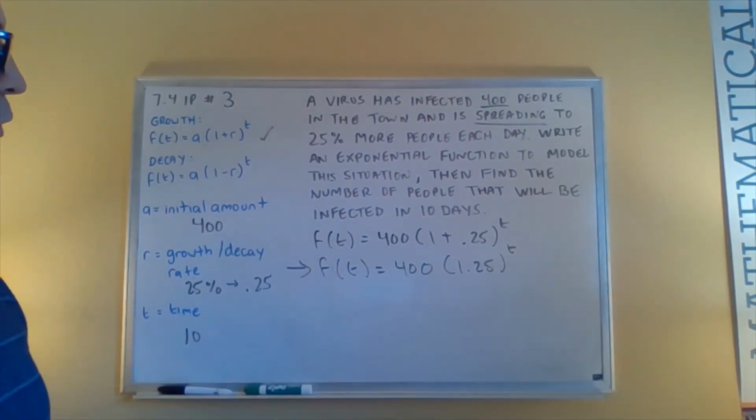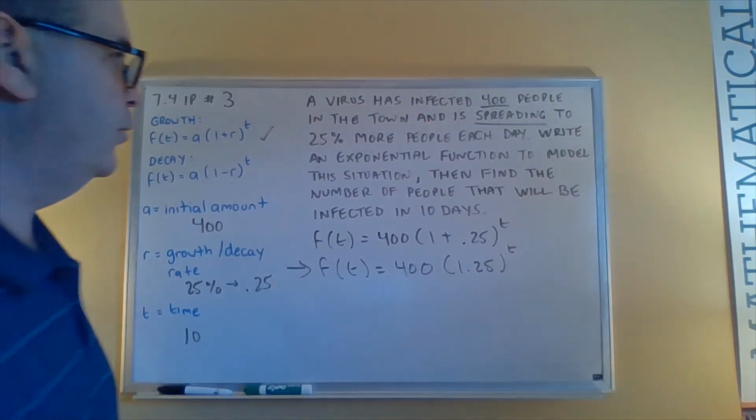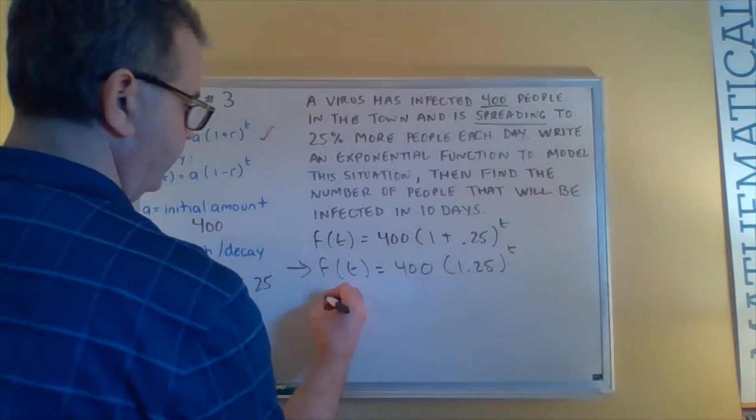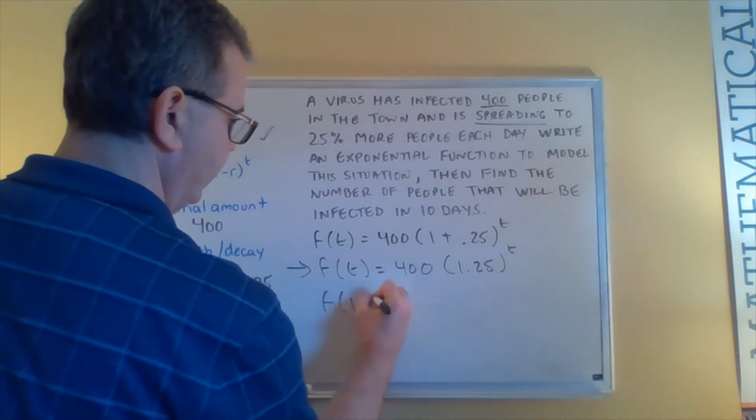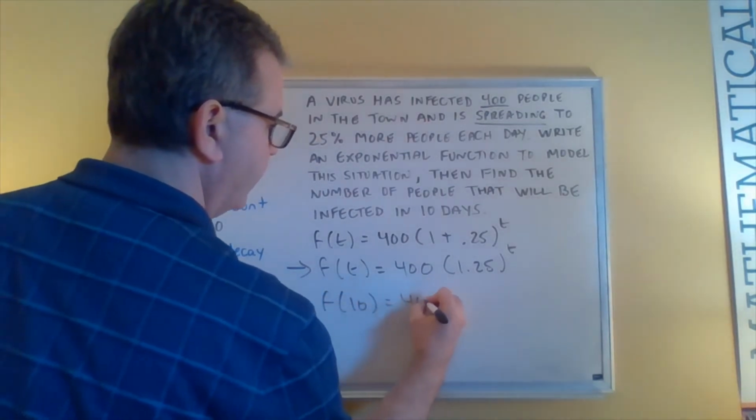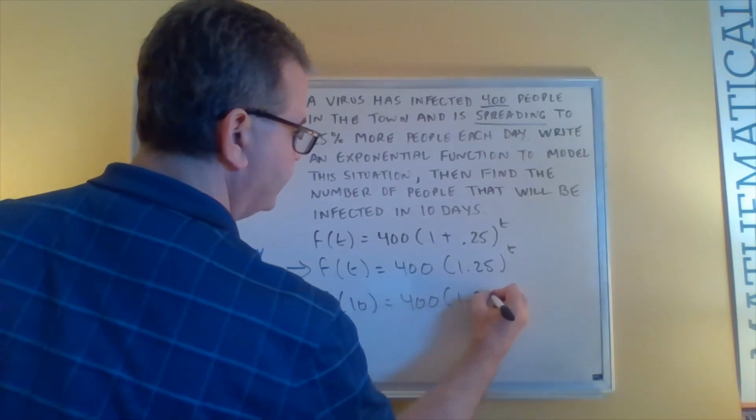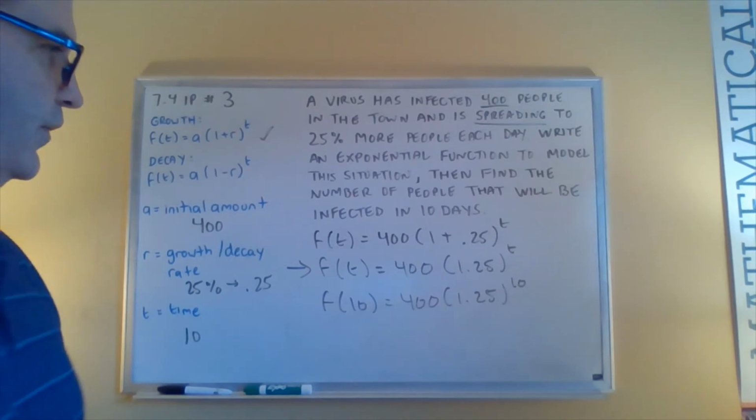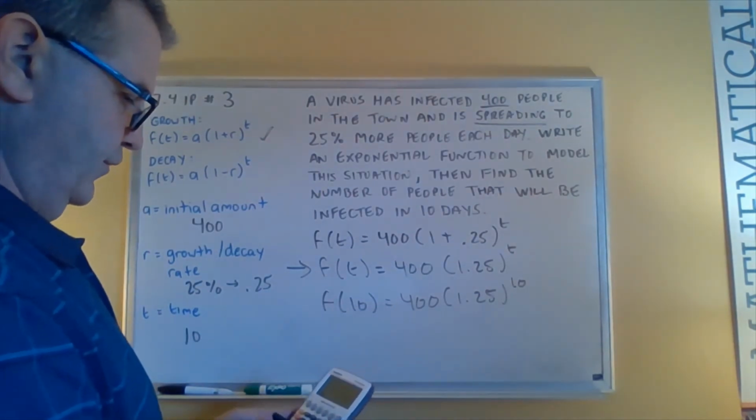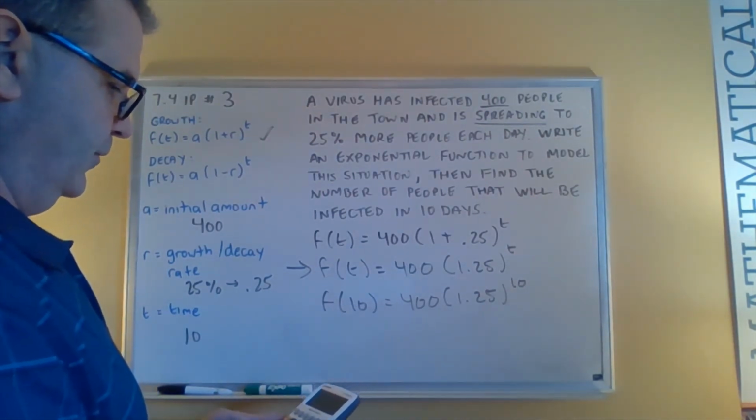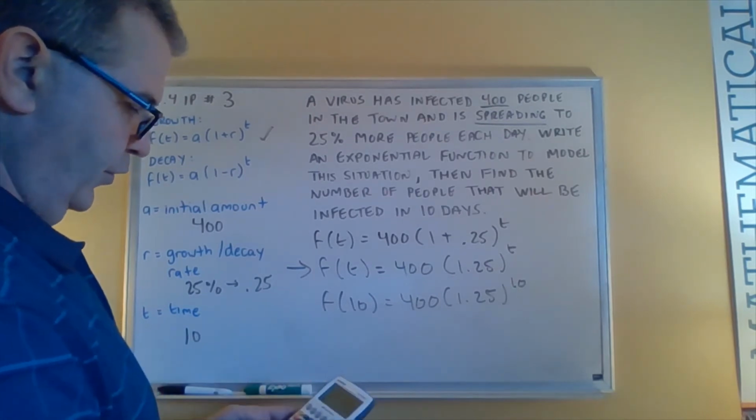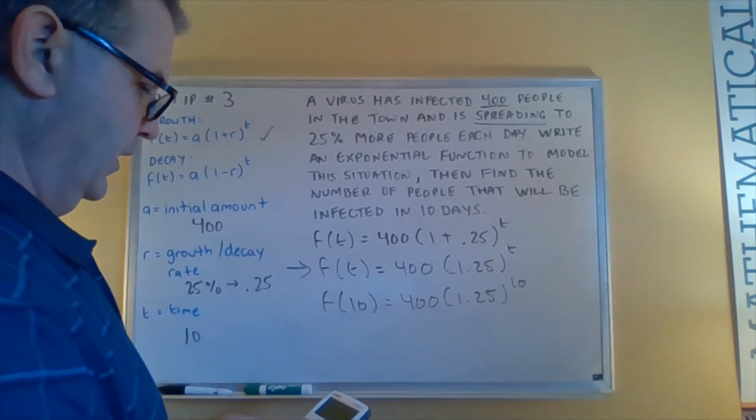Now we need to calculate how many people will be infected in 10 days. So t will equal 10. So we're going to be looking for f of 10. That's going to equal 400 times 1.25 to the 10th power. Let's grab a calculator and work this out. So 1.25 raised to the 10th power is 9.313. We're going to multiply that by 400, and we get